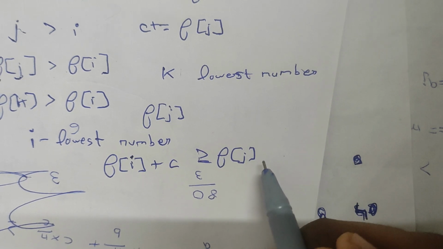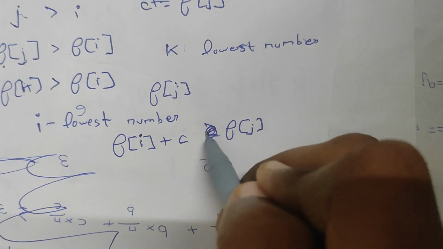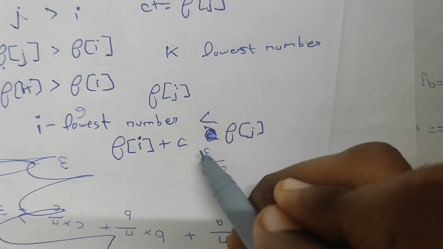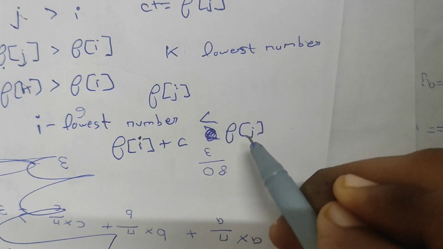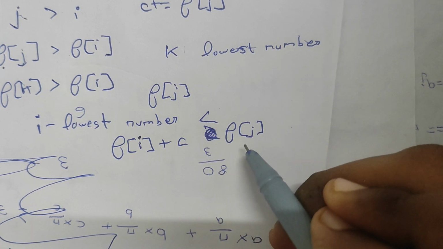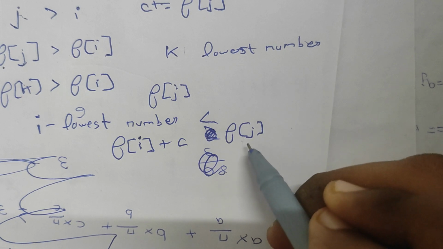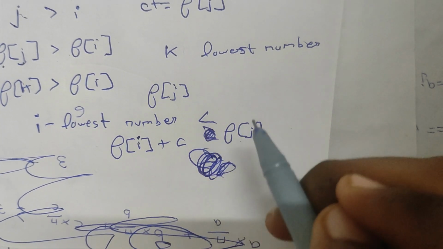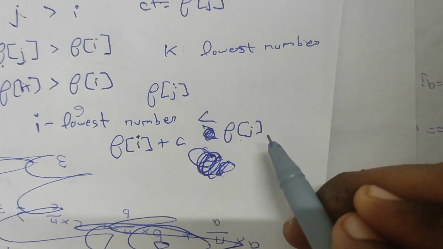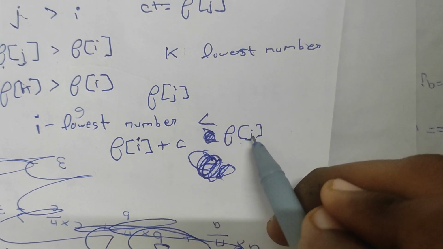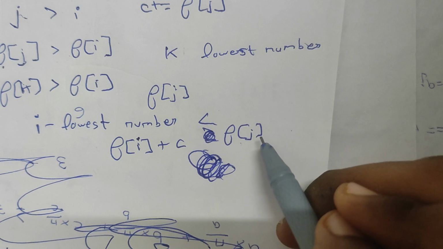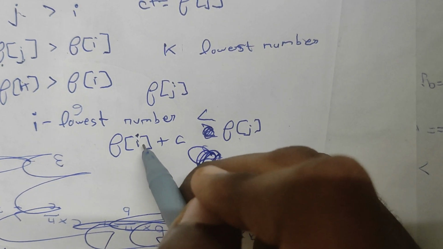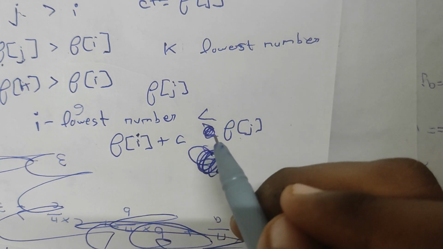But if it's still greater than f of i plus C, then we have to remove the jth candidate as well, and we have to add, so the total number of candidates that we removed for the ith candidate to win is i